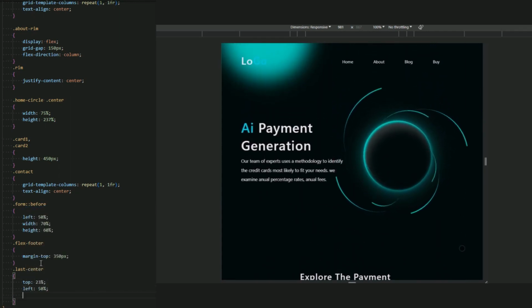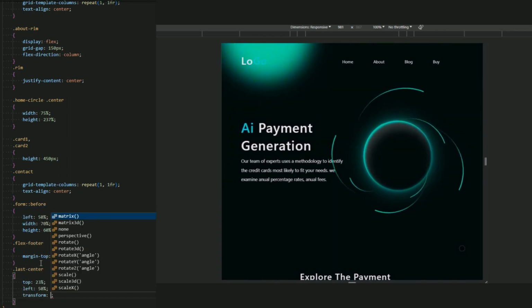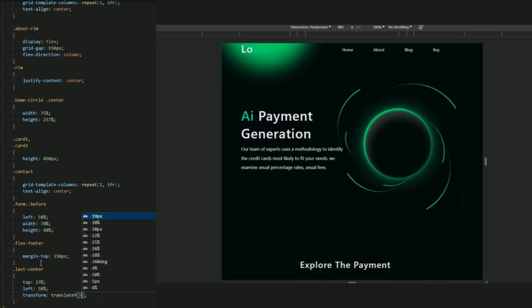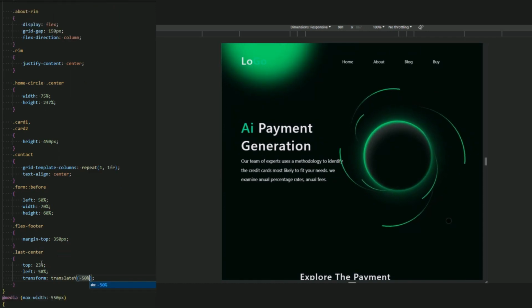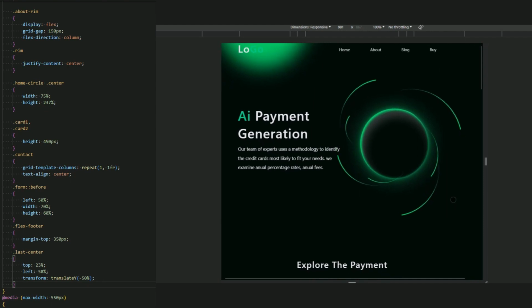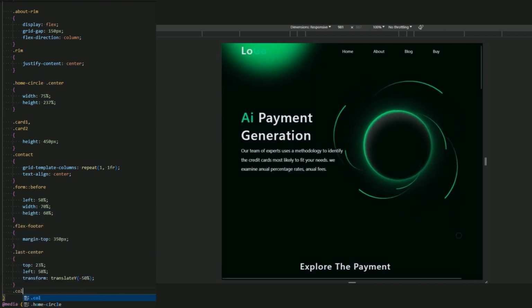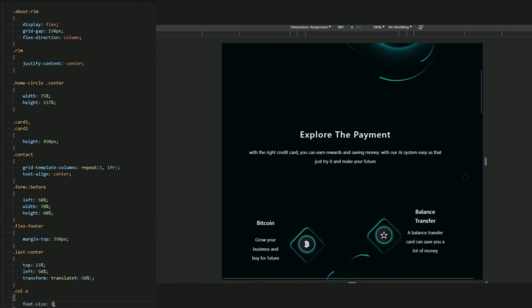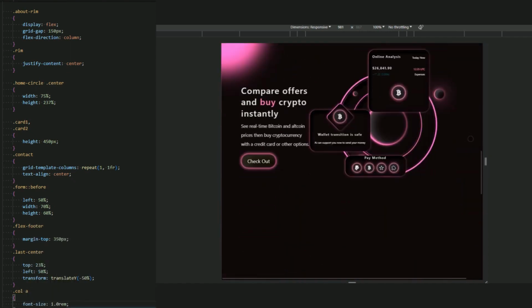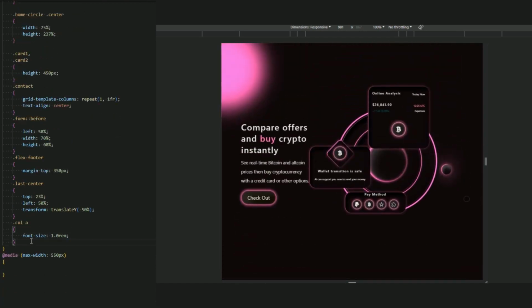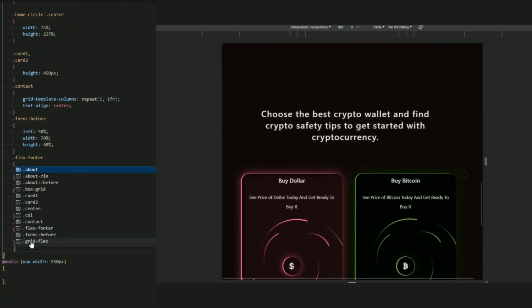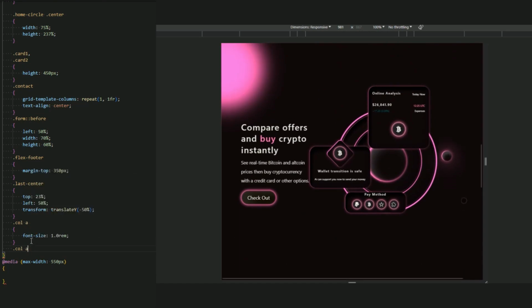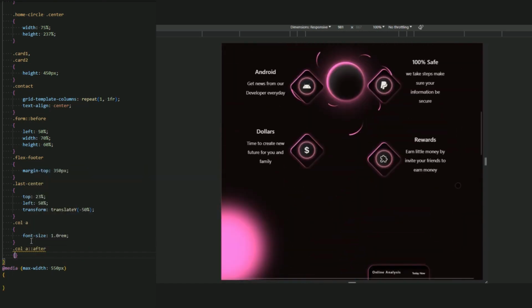Transform translate by minus 50%. And the cool A of this, let me just add the font size for this cool A link of this footer link. So let the font size be 1.0. And for this circle of cool A after, or a square, cool A after, I think I named it, or before, I think after.